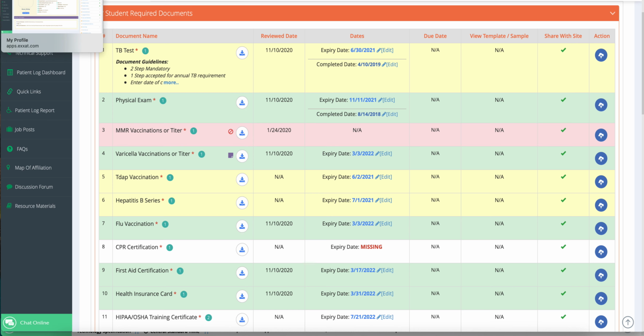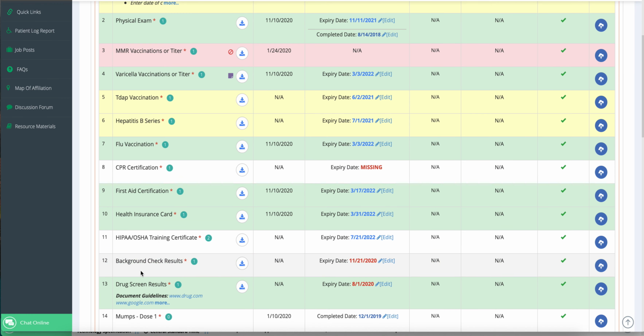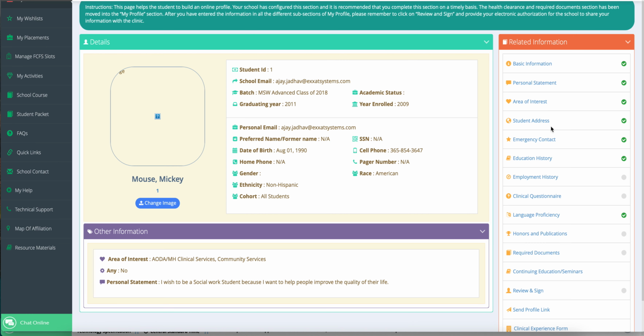Our team will monitor for expirations, notify the students of any status changes, and provide details on next steps if a document is disapproved. Additionally, with the Approve service, students will be able to directly request background check and drug screenings within Exxat. When it comes to placing students into agencies, students can fill out a field application form, or